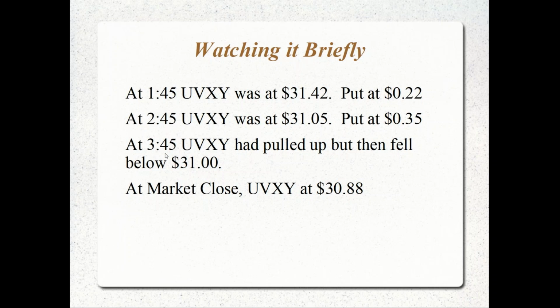Okay. Now at 3:45, from that point on, UVXY had pulled up a little bit, but then fell below 31. What I saw at market close was UVXY was at 30.88. So in the last few minutes, it might have only cost 12 to 15 cents to buy to close this, hopefully just at near intrinsic value, which would have been better than the other two prices. So I don't know what you ended up doing with the position, but if you've already held it to around 1:30, 2 o'clock, and you haven't closed it yet because it wasn't profitable based on the net credit you received for the condor, or just even if you're looking at just the bull put side, if you haven't closed it by then,